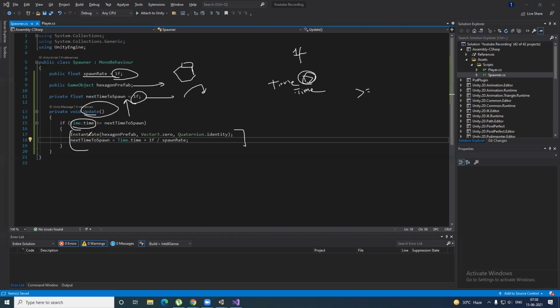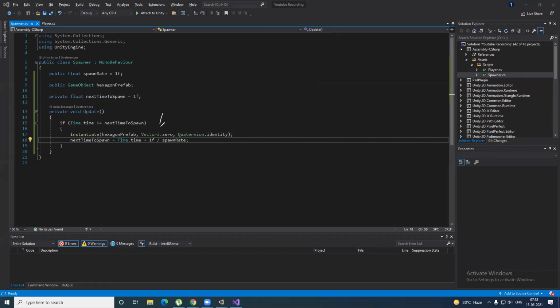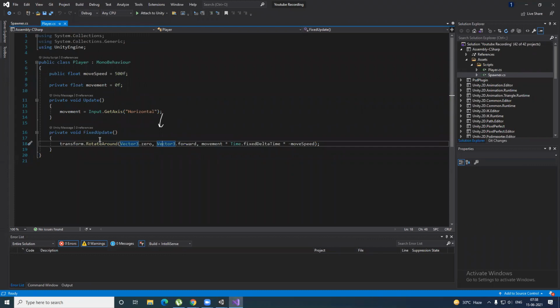The code says Instantiate. So what does instantiate mean? As the word suggests, it's about to instantiate something, right? It takes three parameters: the game object which needs to be instantiated, the position, where it should be instantiated, where the center should lie, and Quaternion.identity. The question in your mind is what is Vector3? In the previous script also we declared some stuff and I haven't explained this, I guess. So what is Vector3?